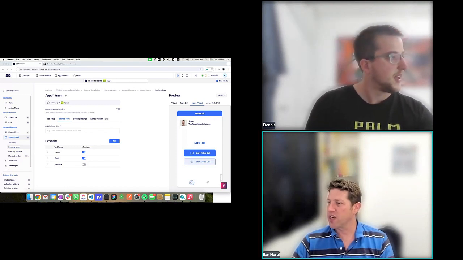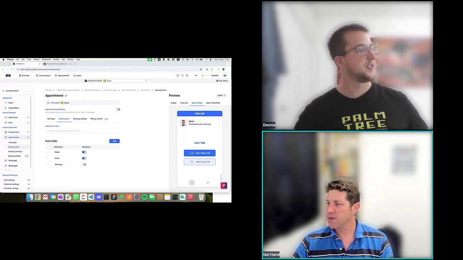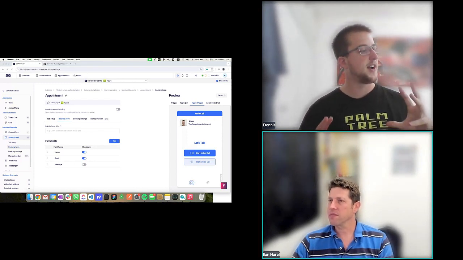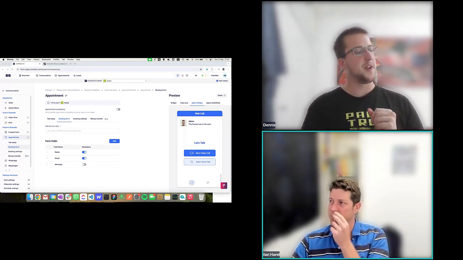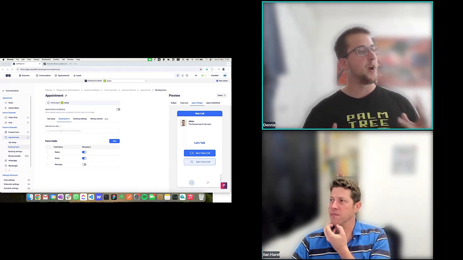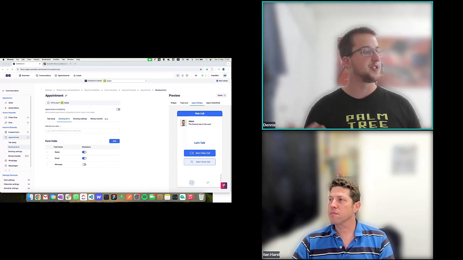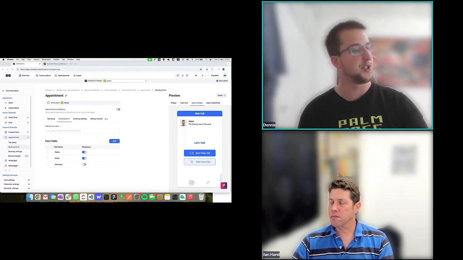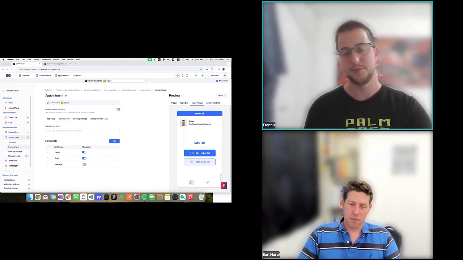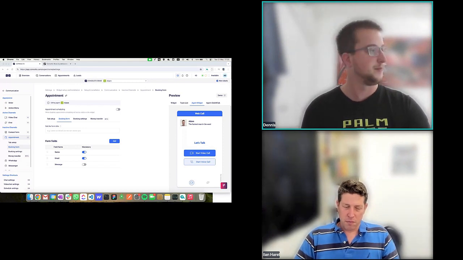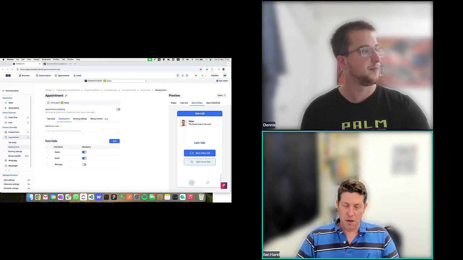Other significant questions? Yes, there was a question on whether we have a timestamp for when the forms and appointments would be translated to other languages like Spanish or Arabic. That's on our roadmap.